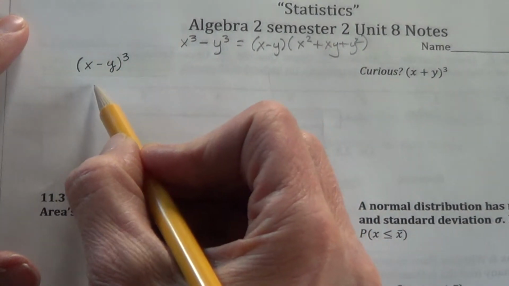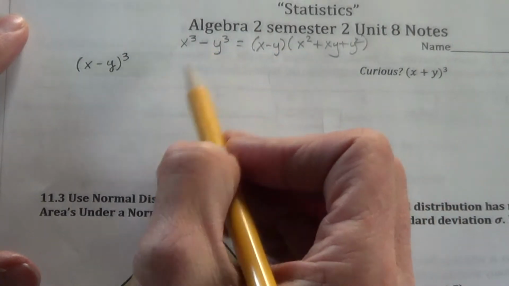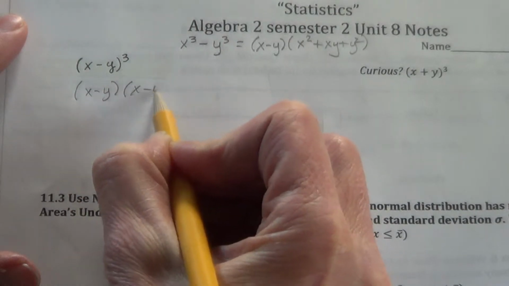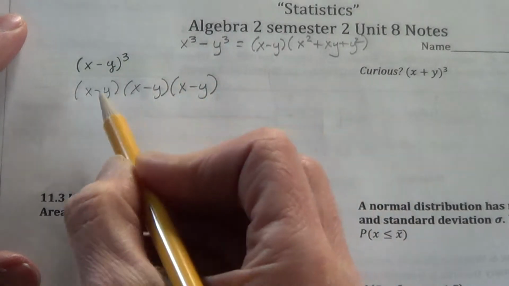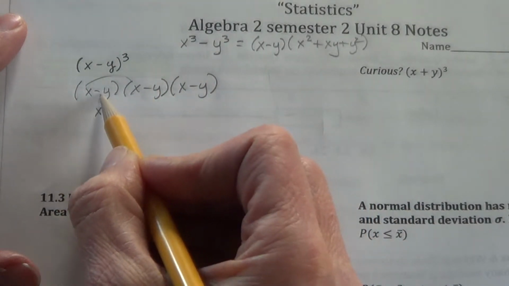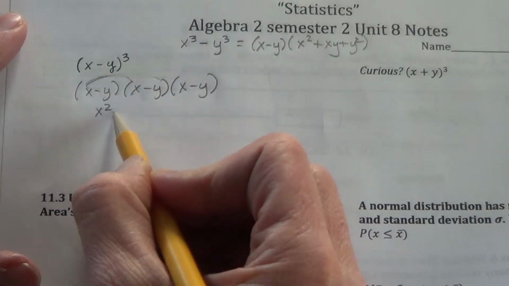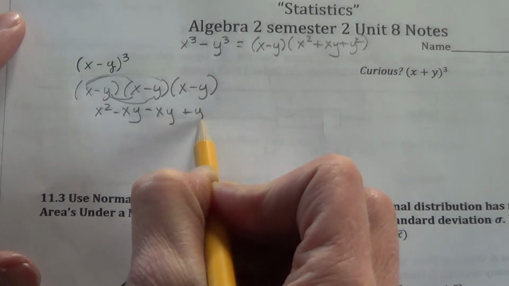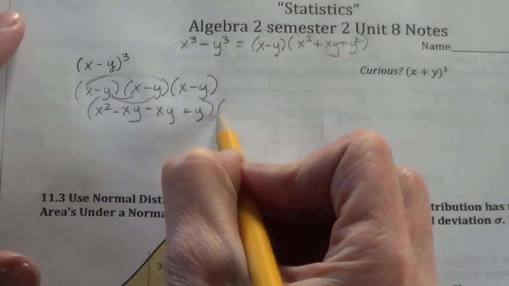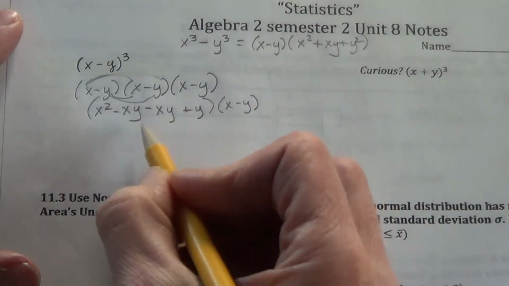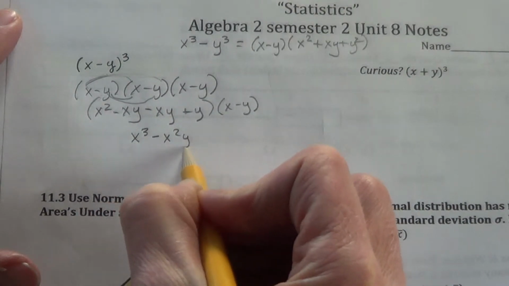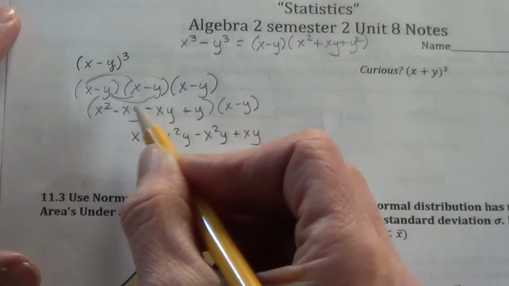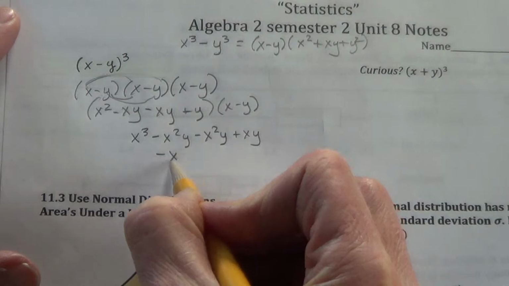when we multiply this out, is we get, and there we're factoring, but if we multiply that, we'd get this. Here we're going to multiply this, x minus y times x minus y times x minus y. FOIL this, x squared minus xy minus xy plus y squared. Now we're still multiplying this by x minus y. So x times each of these terms, that would be x cubed minus x squared y minus x squared y, we could have combined those two, plus xy squared. Now we take the y and multiply it by each, we get a negative x squared y,